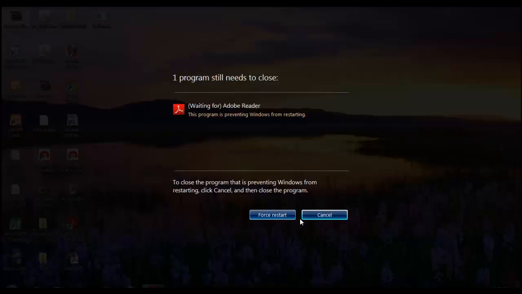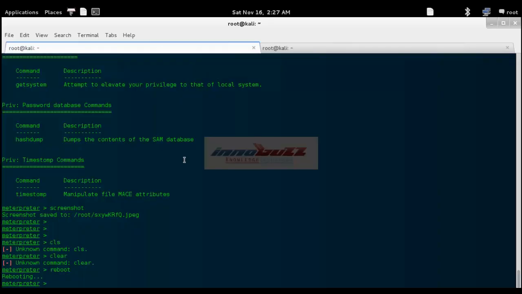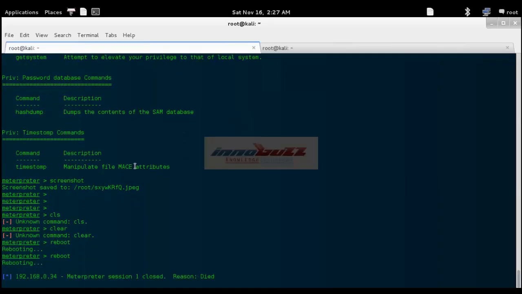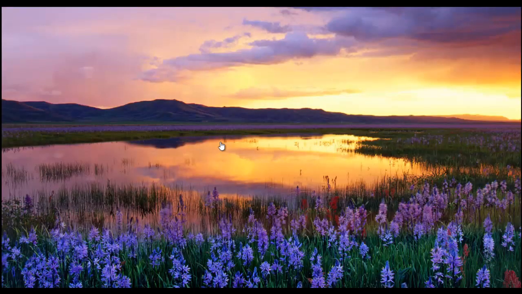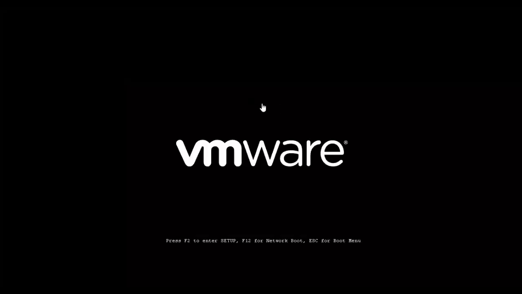And you see on the other side, you can see this. So try to cancel it. Okay, there is an application running. Now again we give the command reboot, and see whether the victim machine restarts. Well, it got restarted, it's shutting down now. So this is really interesting and you can play with the machine.